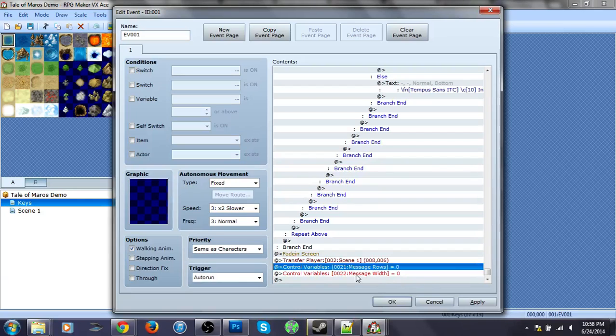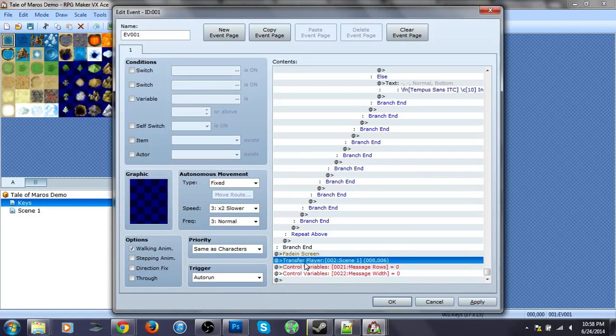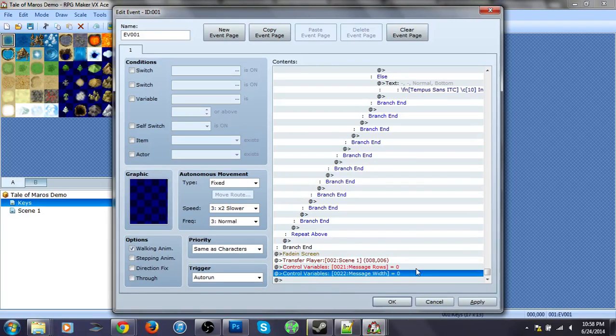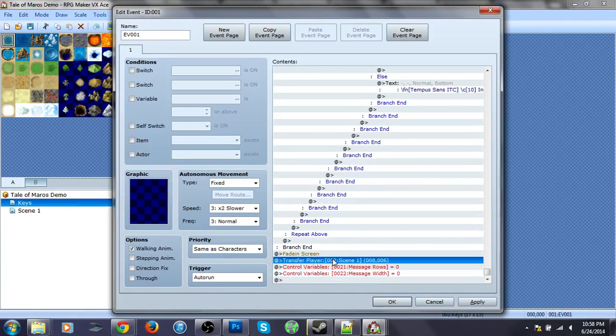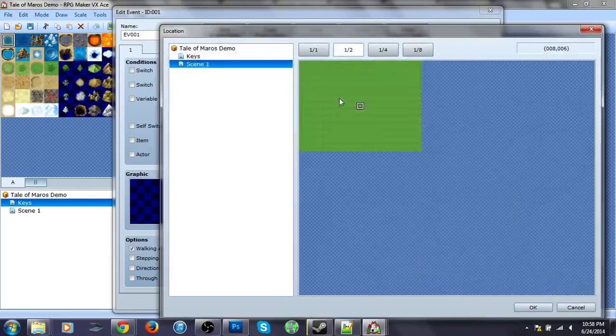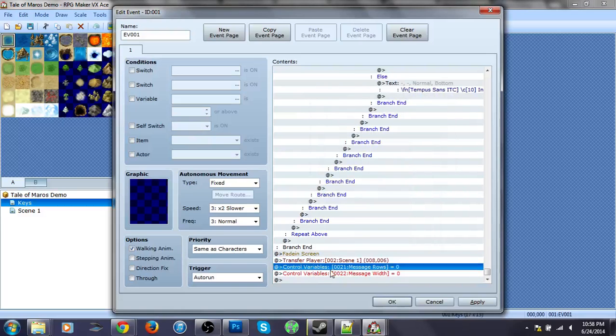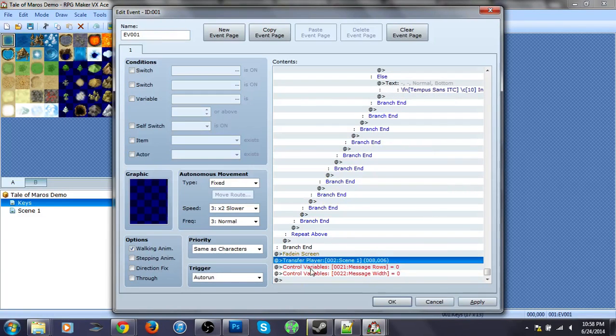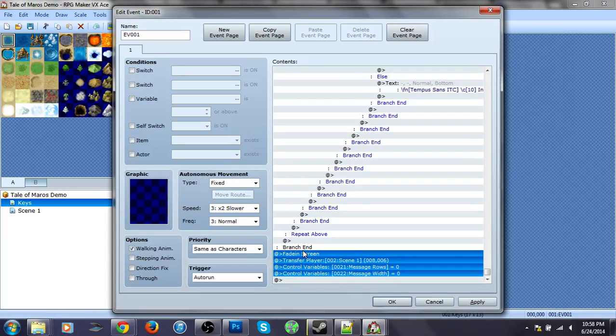0 is default. It's not like 0, 0. At least for this script, it's actually in the directions. That's 0, 0 is default. So it transfers. This is another command. Transfers it to scene 2 over here. That's all it is. It's really nothing. Maybe I've even spent way too much time on this, but